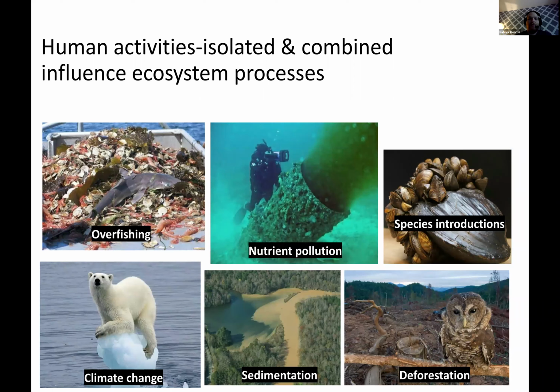Now, humans, as with everything, and as we talked about last class, the Anthropocene is a really hard pressure on the planet. And human activities, as you can imagine, have combined to influence ecosystem processes. And we do this via a number of routes. There are many other routes as well, but these are the most common six that we like to think about.